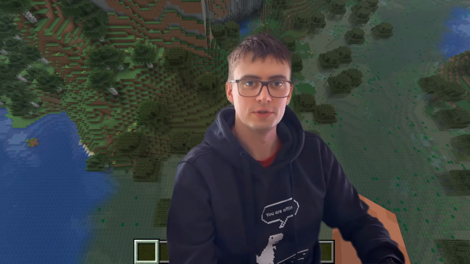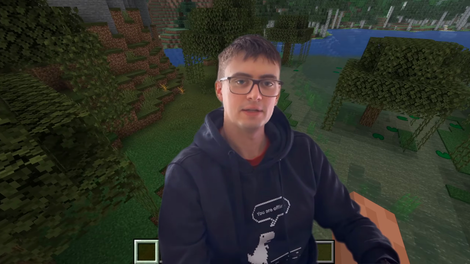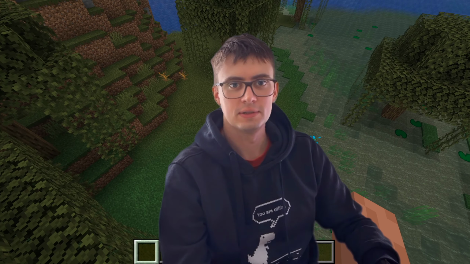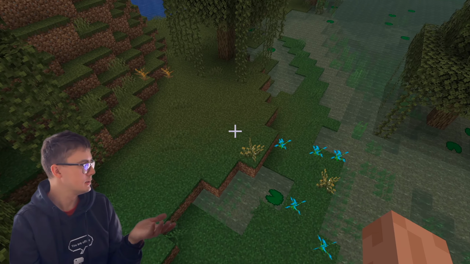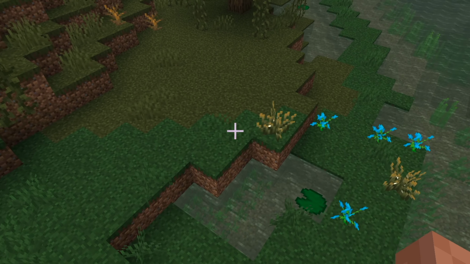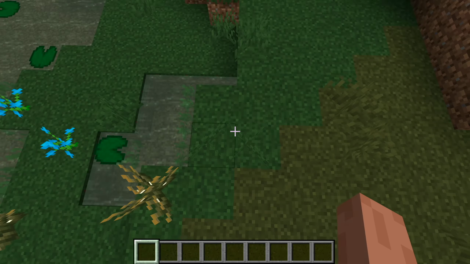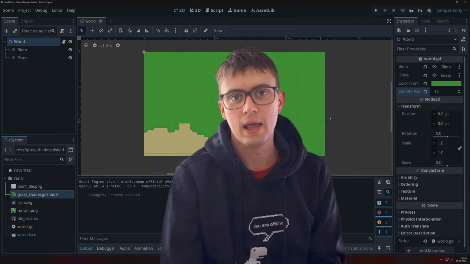If you ever wondered how games like Minecraft, for example, make transitions between the biomes so the grass looks like this, not like this, you just found the right video where I will describe the logic behind it, and I will also show you how you can implement the logic in your own Godot game. And the answer to the question of how it is obtained is